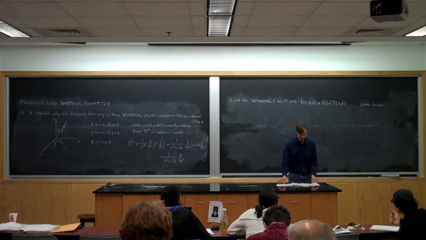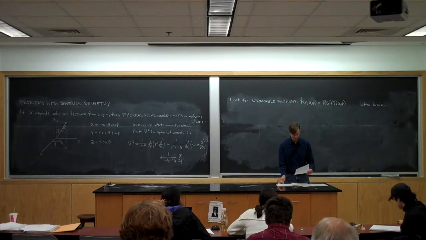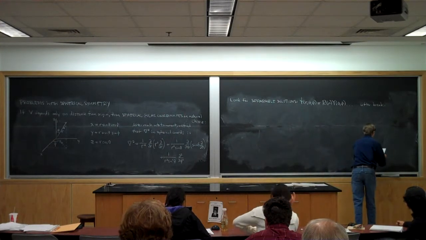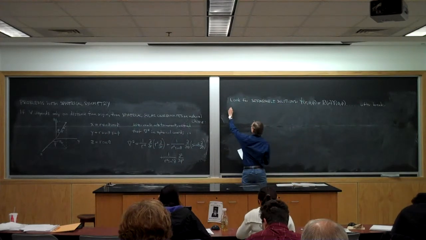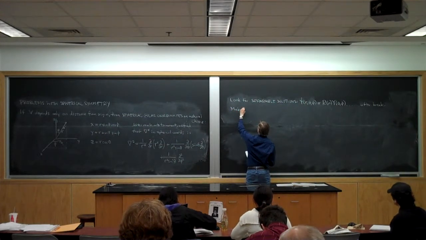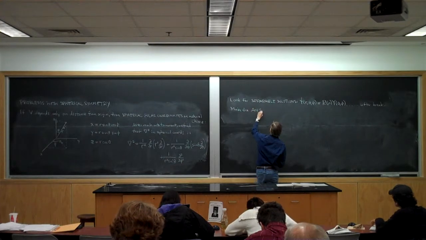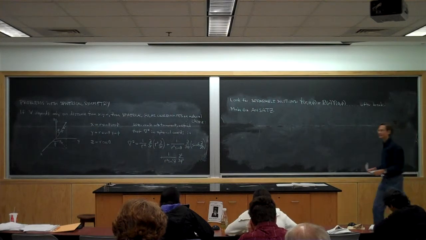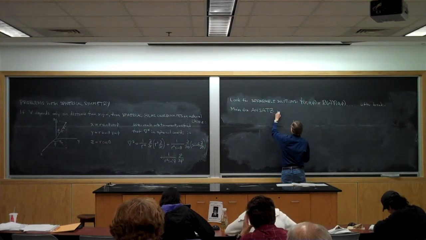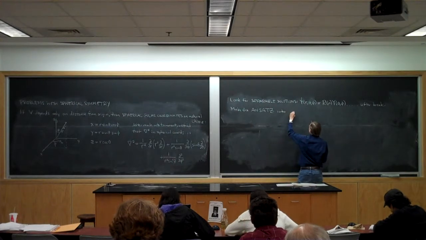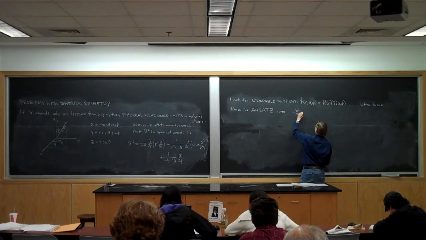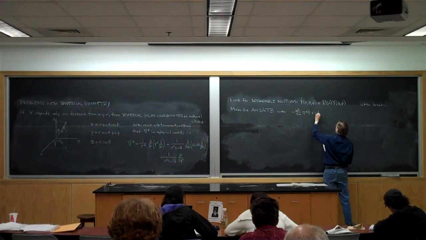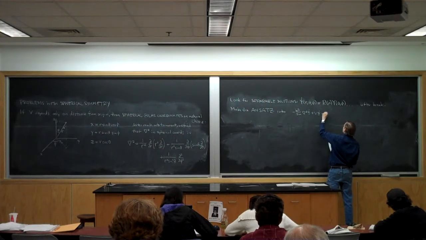Right, so we're looking for those separable solutions. Make the Ansatz. Substitution. Ansatz, that's German. Make the Ansatz into minus h bar squared over 2m del squared psi plus V psi equals E psi,